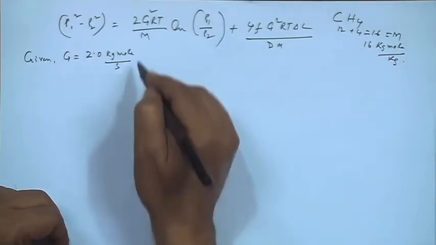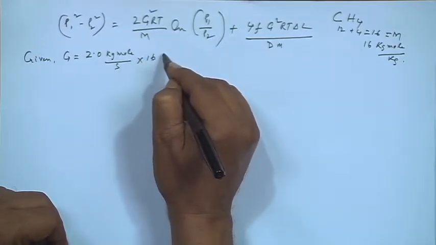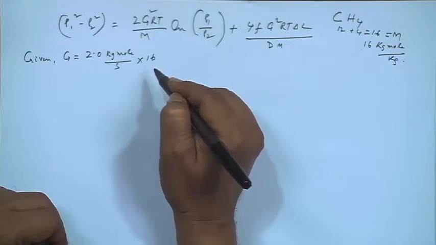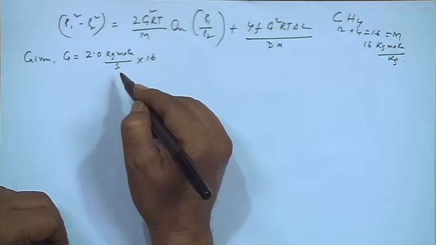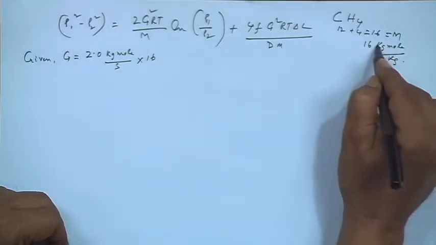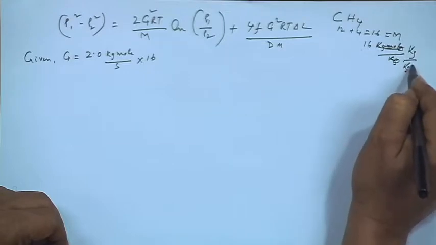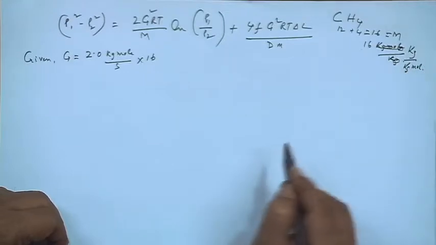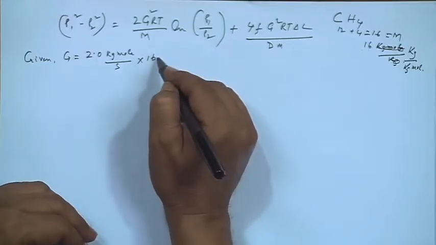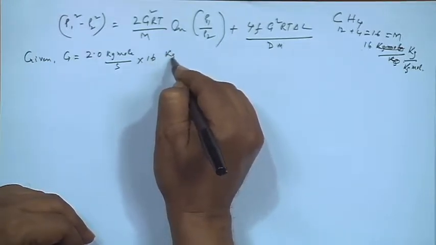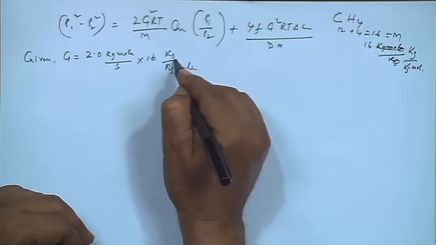So if we multiply this by 16, then 2 kg mole per second becomes mass flow. So that is the molecular weight, 16 in kg per kg mole, right, into